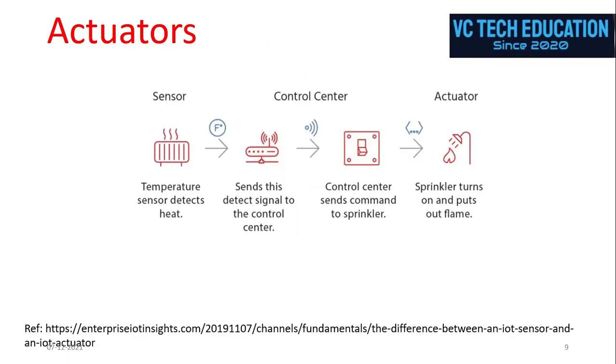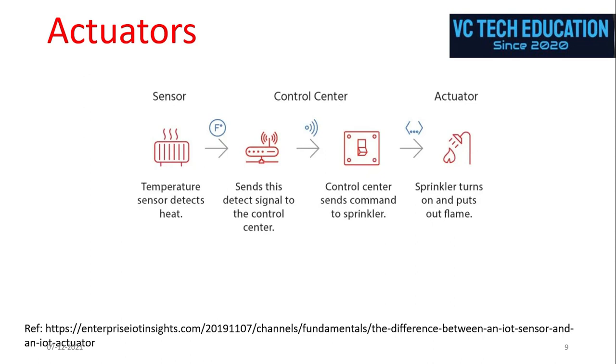Next comes the architecture, how they are used, in combination of architecture and sensor with a central control system. We take an example of fire accidents. Let's take an example of a fire accident. Automatic detection of fire and sprinkling of water on the fire is the target project here, where the temperature will be identified based on the heat through the sensor. The signal is sent to detect